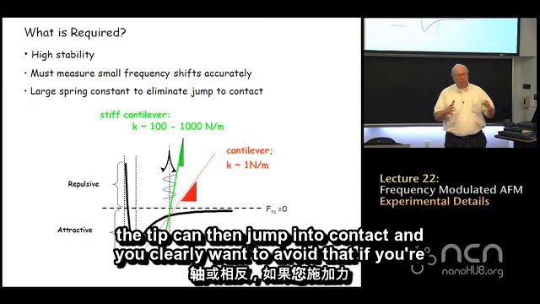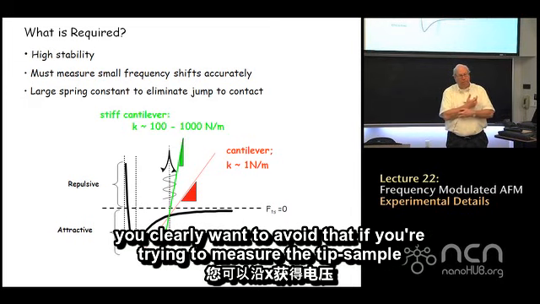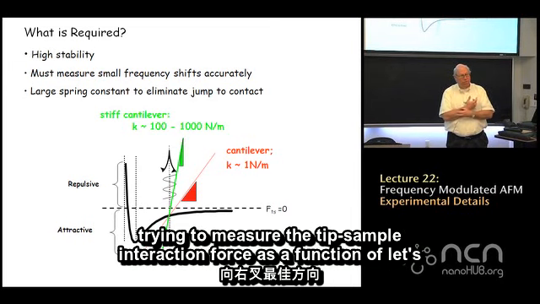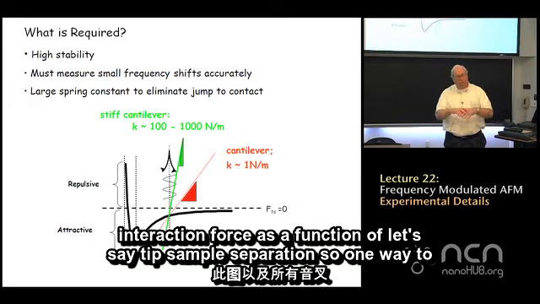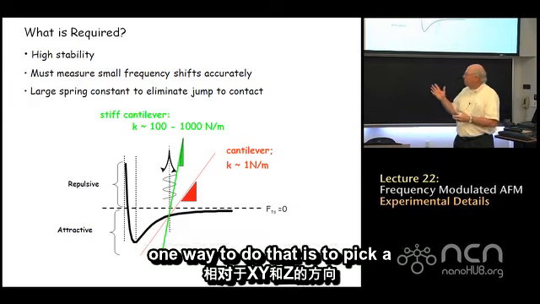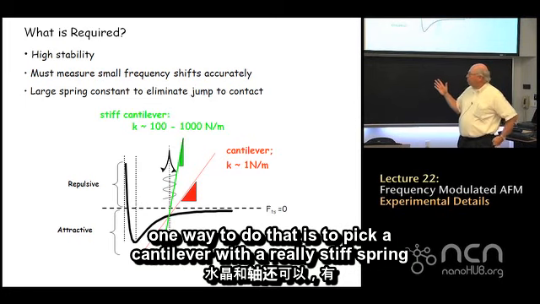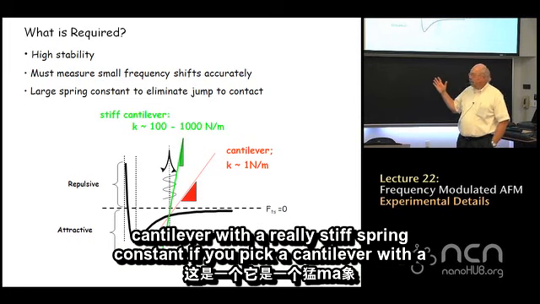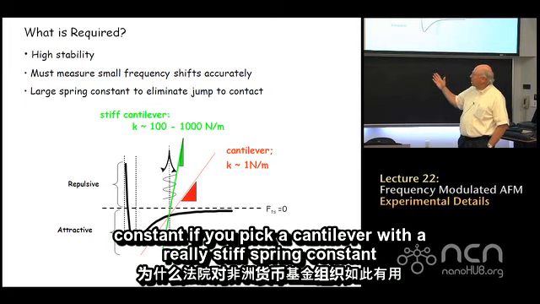And you clearly want to avoid that if you're trying to measure the tip sample interaction force as a function of, let's say, tip sample separation. So one way to do that is to pick a cantilever with a really stiff spring constant. If you pick a cantilever with a really stiff spring constant, then